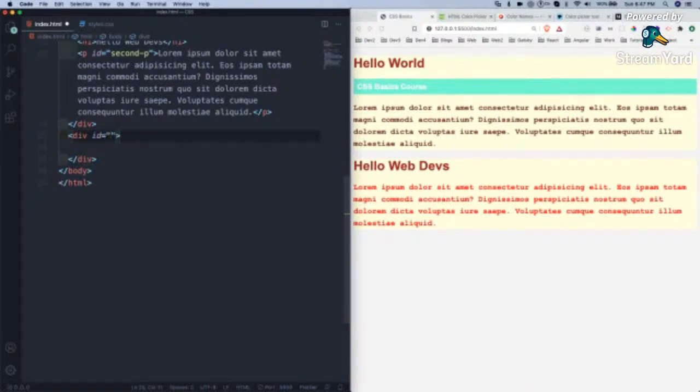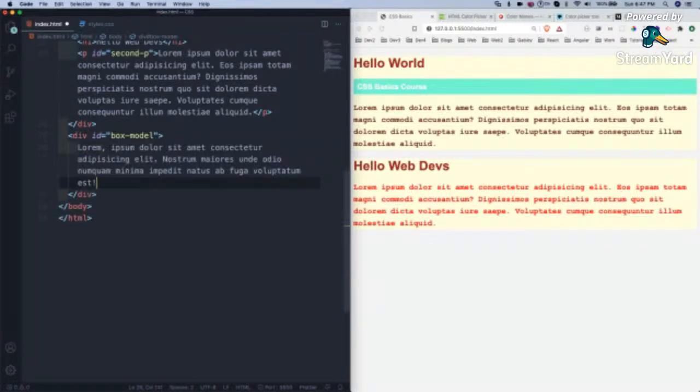And I can give any name. It is not required that I give this box model name. I can give anything. So I have just given box model, and then 11, maybe 20. Okay. So let me save it.